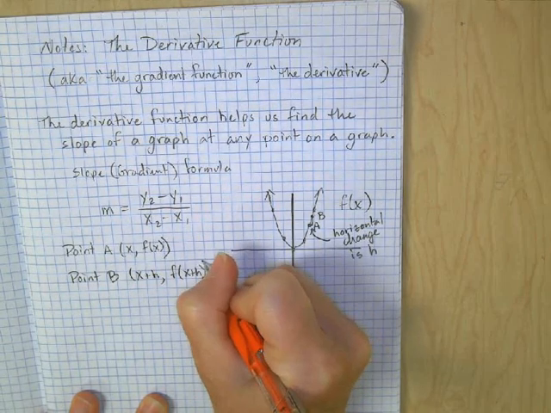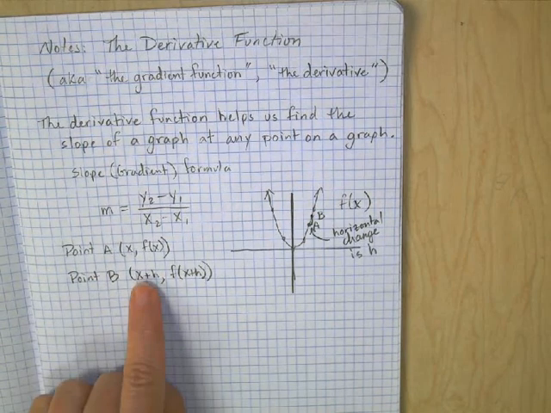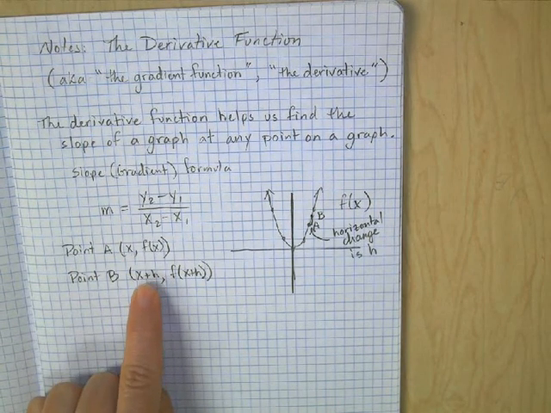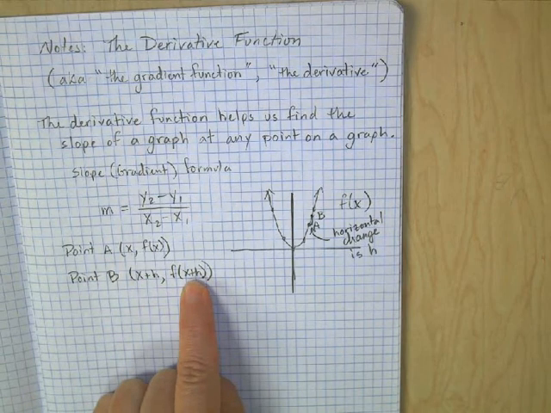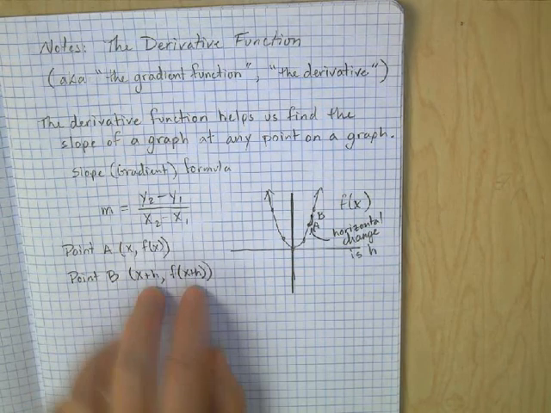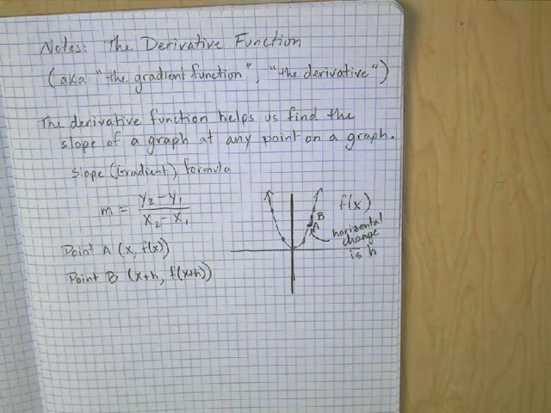Okay, so just like we did on the worksheet, we would add a little bit to the x-coordinate of A, add a little something to it, and then plug that number into the equation to get the y-coordinate. Okay, now we can take these and plug them into our slope formula. So our slope formula, if we plug these in,